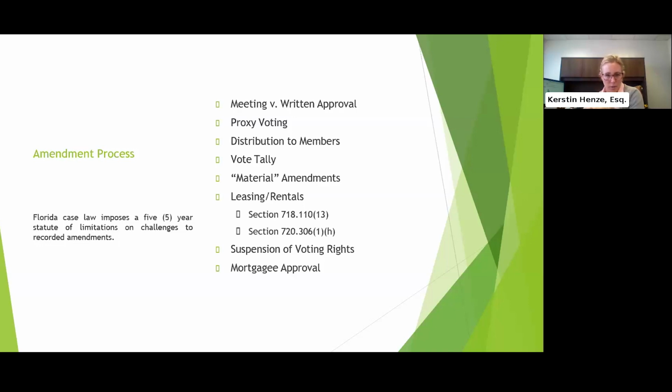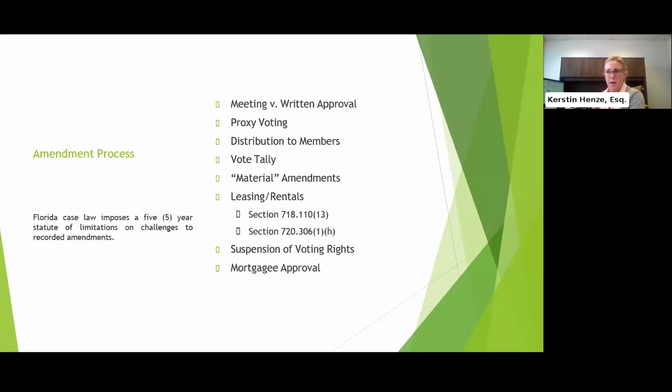Okay. But assuming you have the authority and the owner qualifies for this suspension of voting rights due to the delinquency, the suspension is done at a board meeting by a board with just 48-hour notice. Okay. Post-it notice. This is not like a suspension of use restrictions or a fining process that requires the 14-day notice and then the hearing in front of a committee. No, this is just a board action at a board meeting with a 48-hour prior notice. And if the suspension is properly undertaken, then essentially that unit or parcel is just not counted towards the quorum requirement or the requirement needed to amend your governing document.